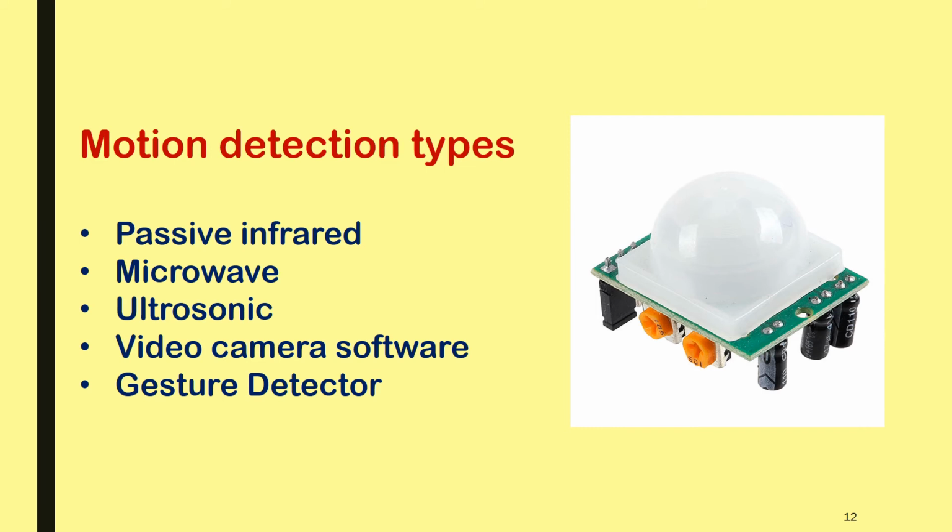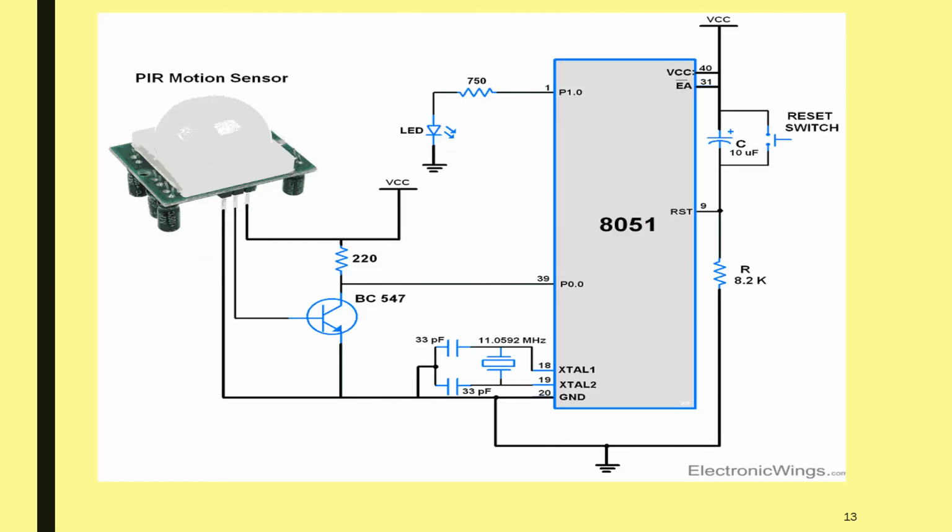A PIR sensor detects infrared heat radiations, and it can be used to detect the presence of living objects that emit infrared heat radiation. So this is a kind of arrangement when we interface it. In general, whenever a moving object is in front of the sensor, one of the slots receives more radiation than the other, as I already mentioned, and this makes the output swing high or low. This change in the output is the result of detection.